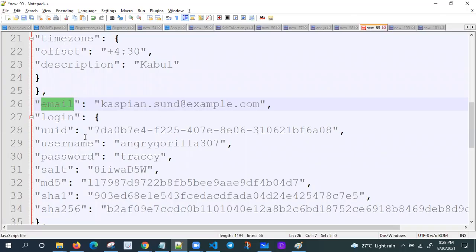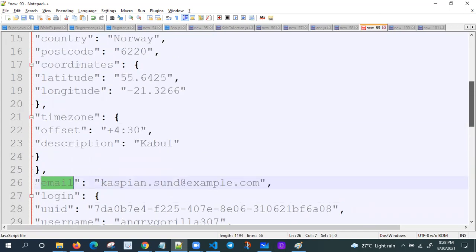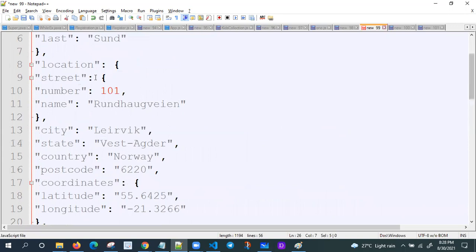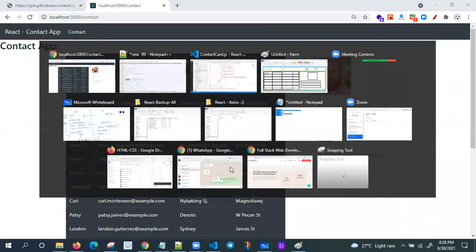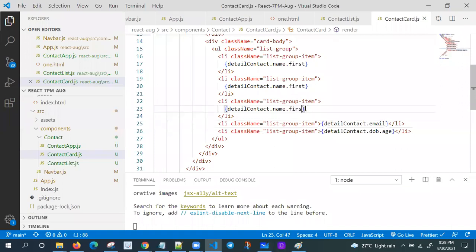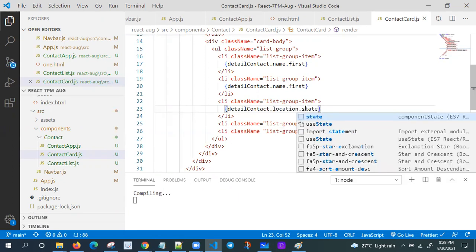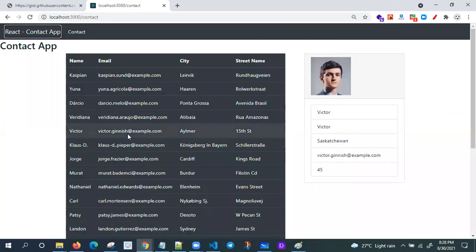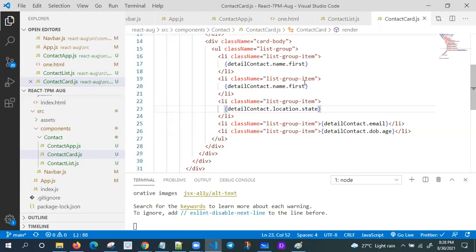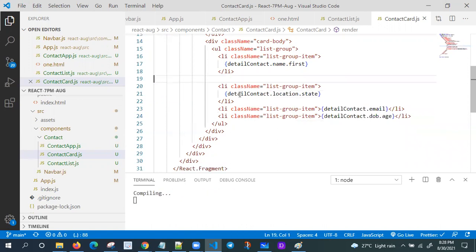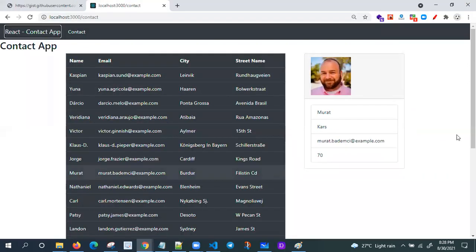Let me use the city: location.city or location.state. Location.state is perfect. And I think that is enough. It's fine with you? Yeah, it is looking great.